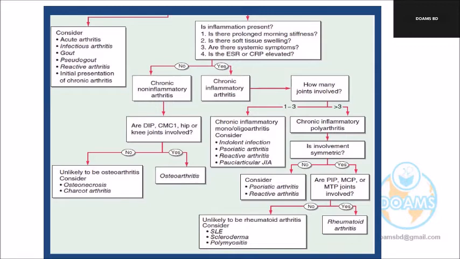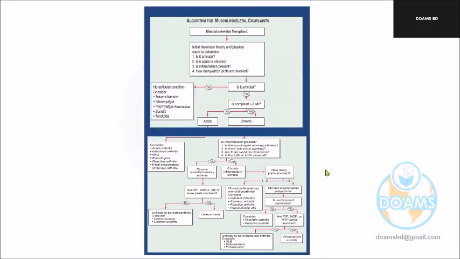So don't be busy only simply memorizing the algorithm. My suggestion is to understand the algorithm. Okay, it will be easier for you. And this is the way of learning, by learning questions like AKT or other clinical exams. Whenever you go through the question bundles, the algorithm will be easier for you. But simply memorization of the algorithm, I don't like to advocate. I discourage it rather. It will automatically come into your mind if you go through the scenarios of